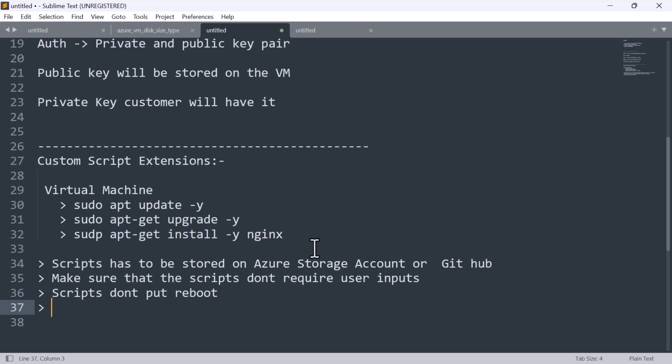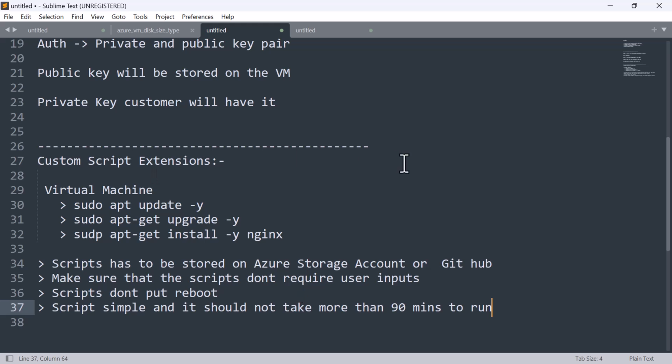And your script should be simple and it should not take more than 90 minutes to run. If it is more than 90 minutes, the system will not take it. Okay. So these are some of the things that we need to keep in our mind when you're working